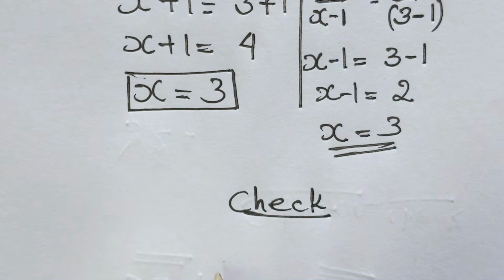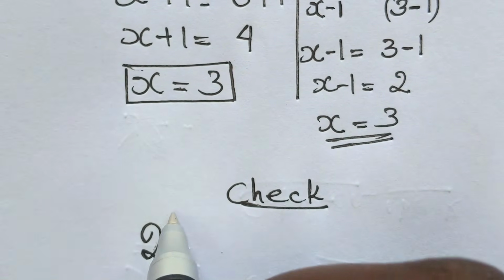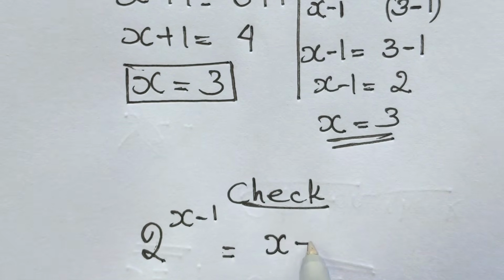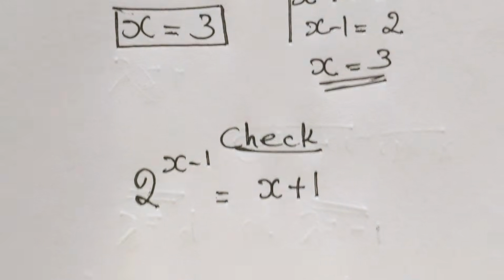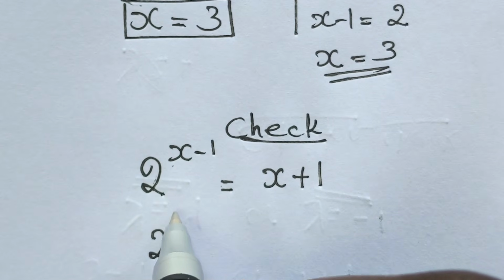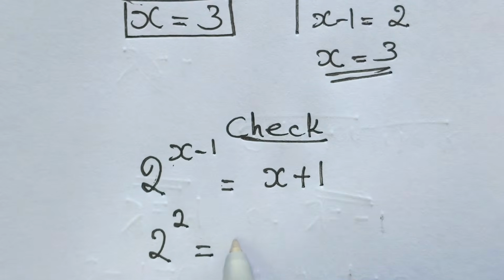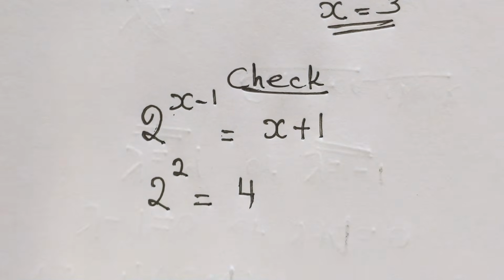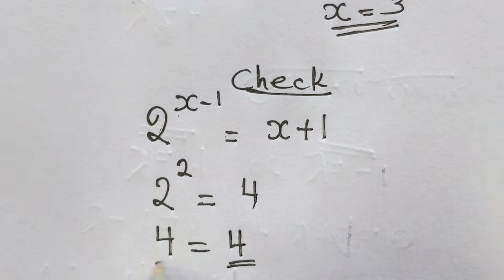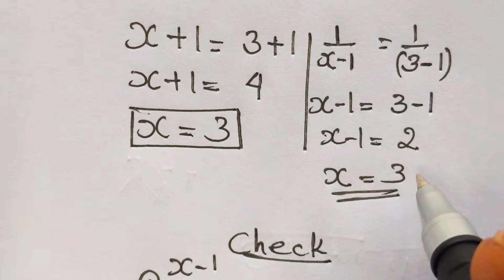is correct. We have given 2 power x minus 1 equals x plus 1. Then here I have 2 power 3 minus 1 equals 2 squared, which will be 3 plus 1 equals 4. And then here we have 4, which is equal to 4. Left hand side is equal to right hand side, to mean that our value of